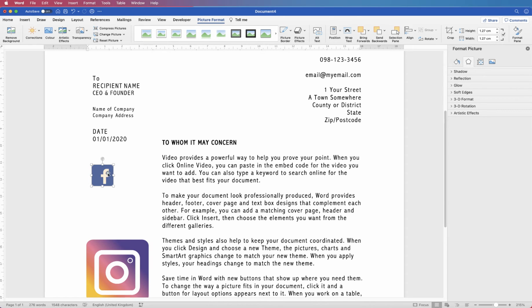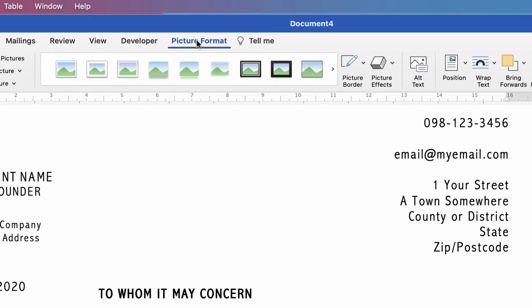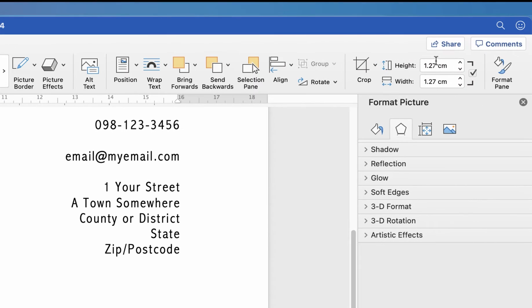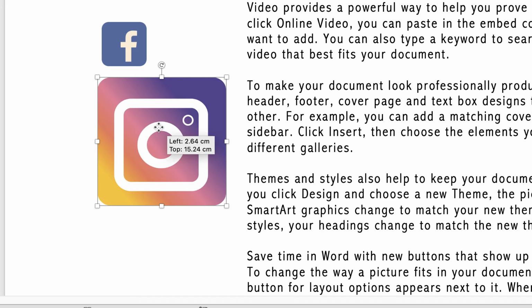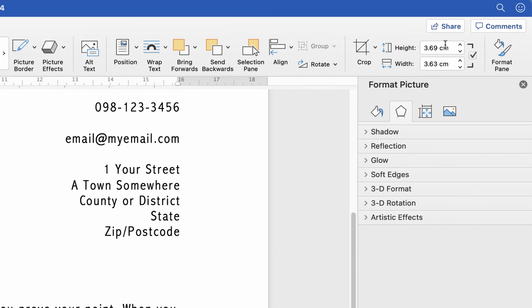If you select your icon, make sure you're on Picture Format at the top here. And you can see over here the height and width of your icon. Now all you have to do is copy and paste those for every icon and they'll be exactly the same size. So I'm just going to highlight 1.27, press Command or Control C to copy it. Then I'm going to select my Instagram picture here, just move that up. And then I'm going to go back up. I'm going to ensure that this checkbox here is checked. So let's just press paste, Command or Control V, press enter,